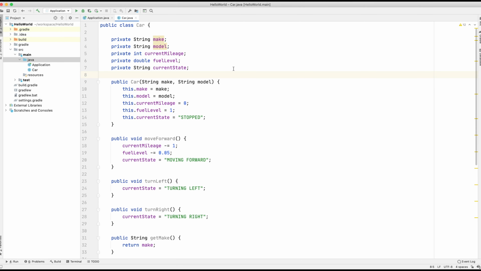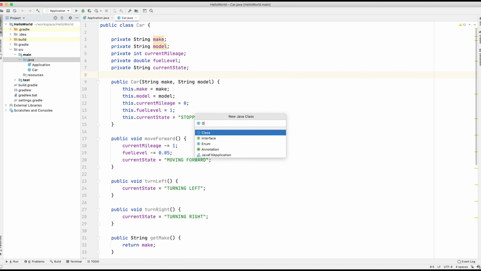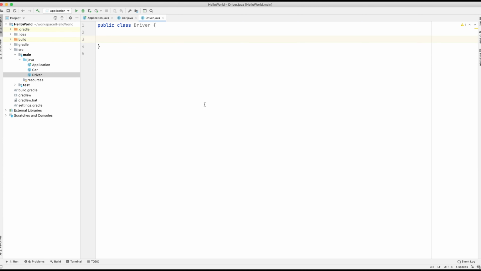So now we've created the car class, let's go ahead and create another class, and this one is going to be called Driver. So it's going to represent the driver of that vehicle. So right click on the Java folder, again, New Java Class. And we're going to call it Driver and click on Class. The Driver class is going to have 3 fields. So private String name, private int age, and finally private